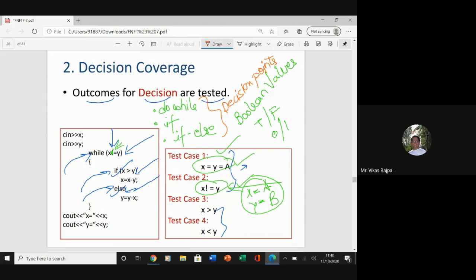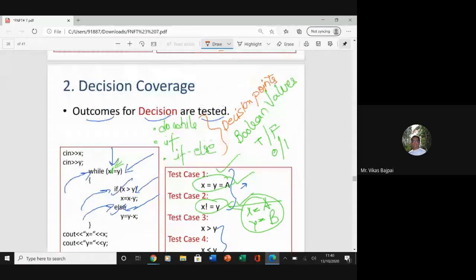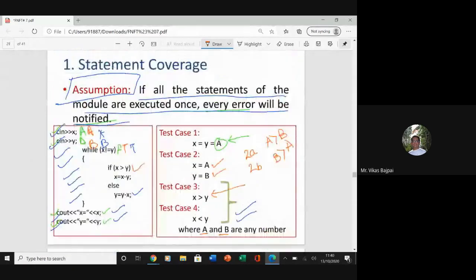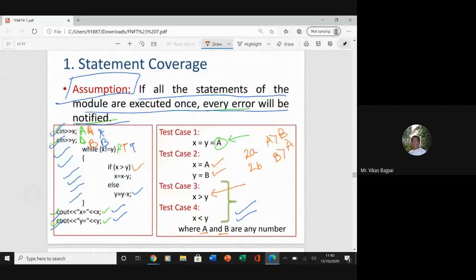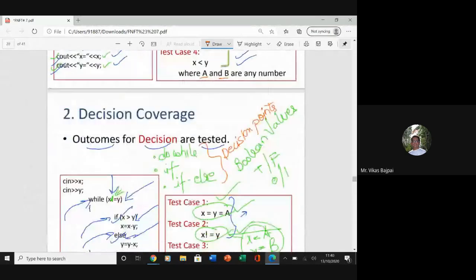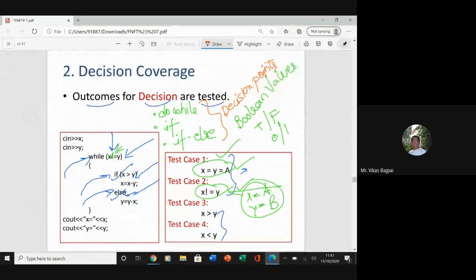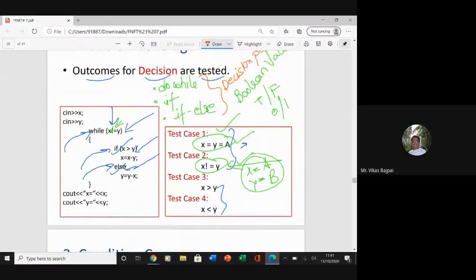In fact, if you compare the previous statement coverage with this particular thing, then what we see is that I previously needed to work a lot. Statement coverage is a time consuming process, right? As compared to statement coverage, decision coverage has reduced my task considerably, right? Now next is your Well, yeah, Aditi, yeah.